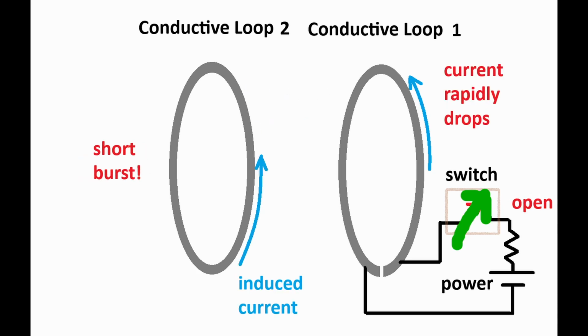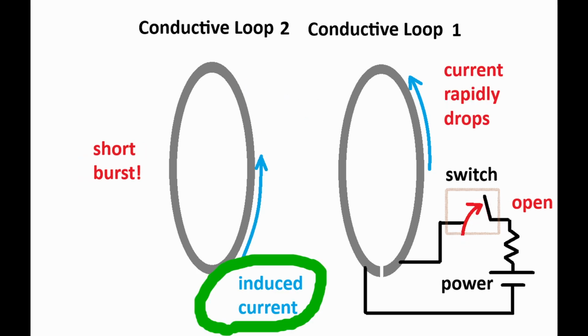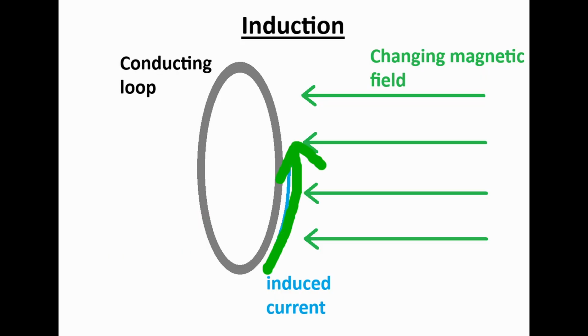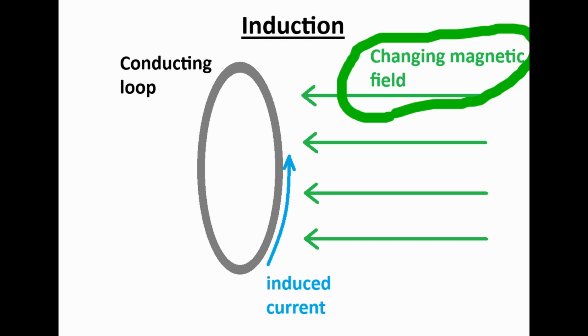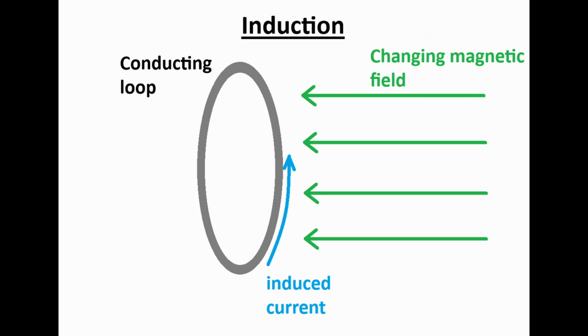Similarly, if we now open the switch, another flicker of current is detected in the second loop. These two examples illustrate the concept of induction. But what exactly is going on? A current in a loop is induced if there is a changing magnetic field passing through the loop. It's also not the amount of magnetic field passing through the loop that matters, but rather the rate of change